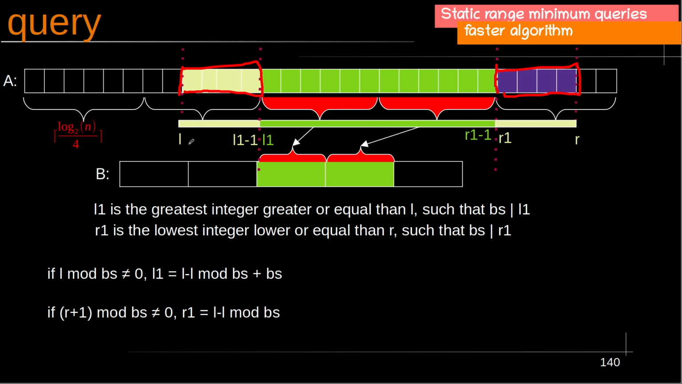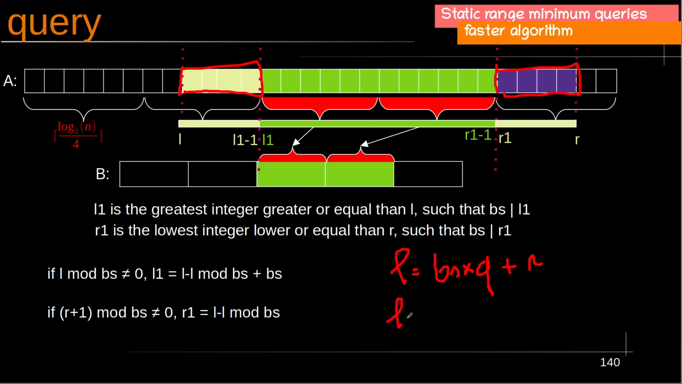L1 is, as we have said in the previous part, if L is not the start of this block, we have to compute the start of the next block, which means the first element that is divisible by the block size. The first integer greater than L divisible by the block size. We can find it very, very easily. If L is equal to the block size times the quotient Q plus a rest R, we want the integer L1 which is greater than L but divisible by the block size. If we make this,